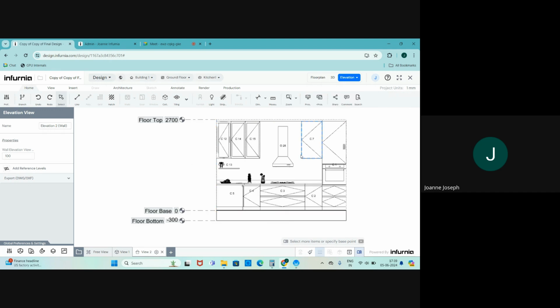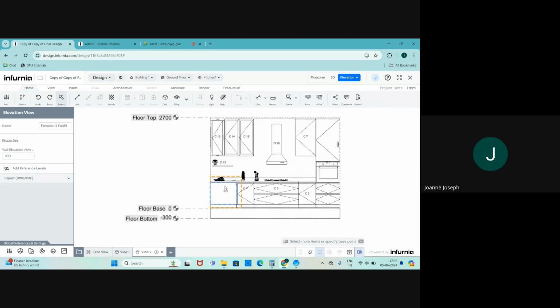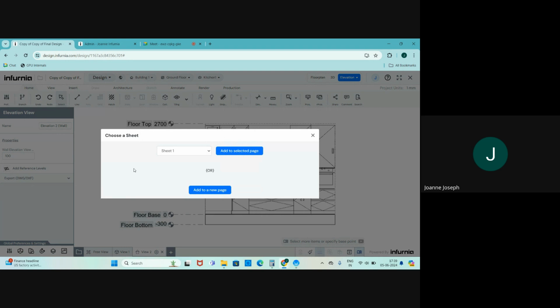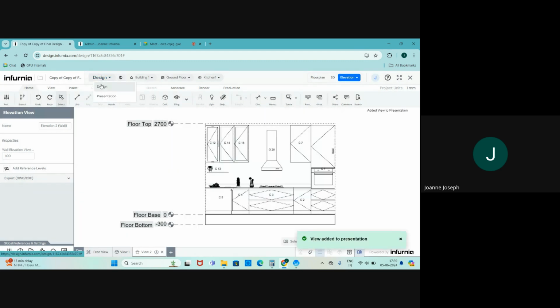Not this one. I'll select another one. And now to add this particular view to the presentation, go to this view and click on the settings icon and select add view to presentation. Now you have the option to either add to the existing sheets or add to a brand new page. So I'll just select the second sheet because I want to add it to that, and I click on add to selected page. Now when I go back to my presentation